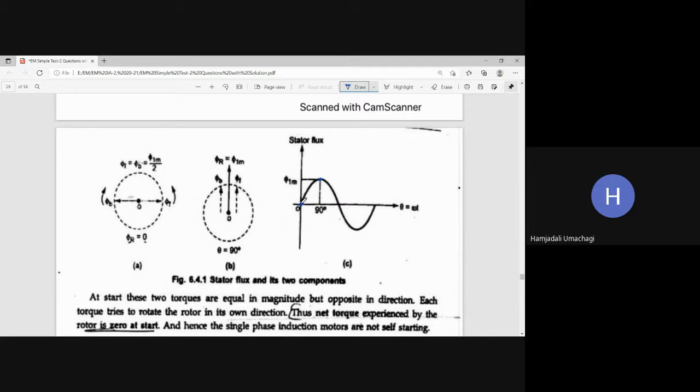So this is for theta equal to 0 degrees where stator flux is 0, and this is theta equal to 90 degrees where the resultant flux is pi 1 m by 2 plus pi 1 m by 2, that is equal to pi 1 m. So this is the maximum flux we are going to get when theta equals 90 degrees, and this is the minimum flux when theta equals 0 degrees. For 0 degrees, this is the stator flux position, and for theta equal to 90 degrees, we get maximum flux, pi 1 m. Pi 1 m means half of pi 1 m plus half of pi 1 m, that is equal to the maximum stator flux pi 1 m. This is the figure indicating stator flux with respect to the time domain.